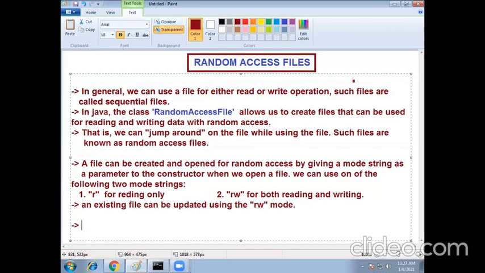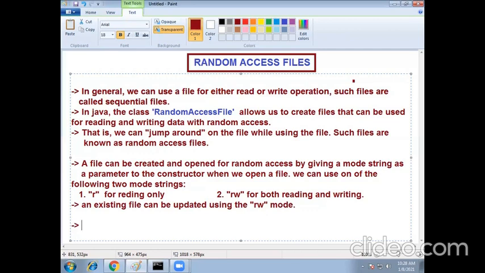So please note down these important points. Here the random access file supports a pointer called the file pointer. Like in C language, the random access file object acts as a file pointer. Now we can move this file pointer from one place to another using the seek function.